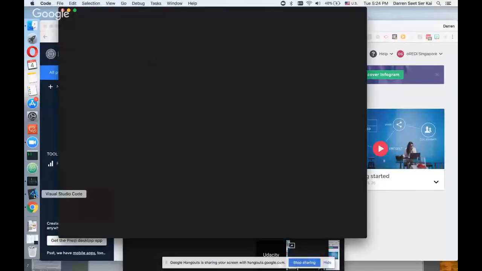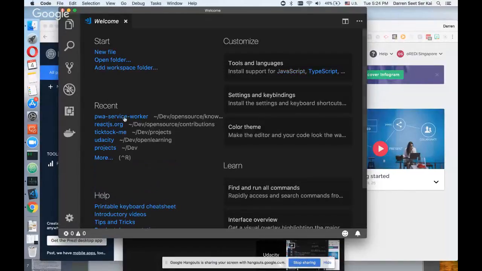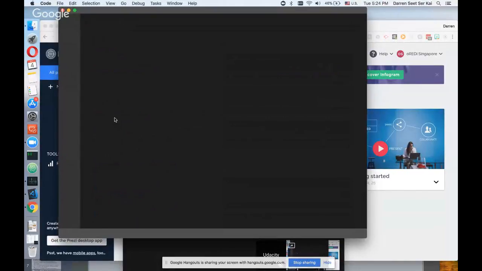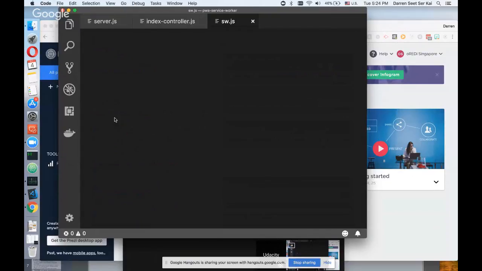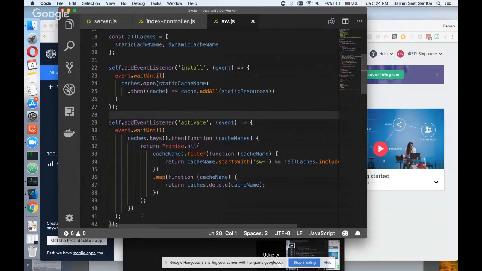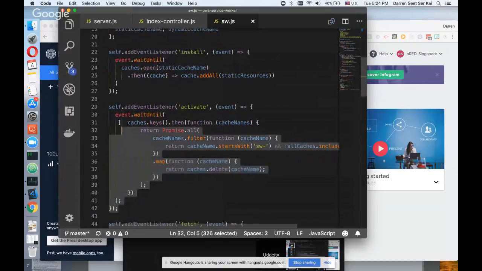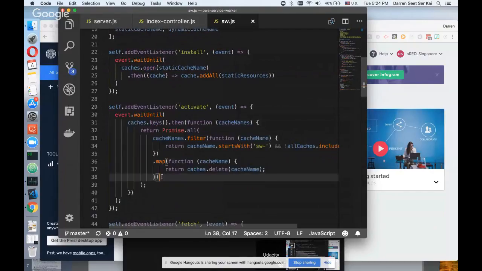So if you notice, my clearing of cache is during the activate.